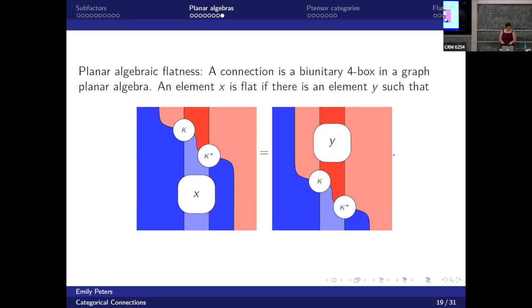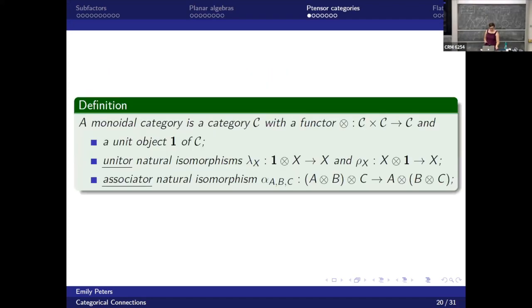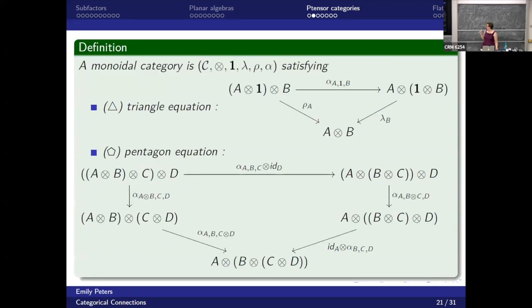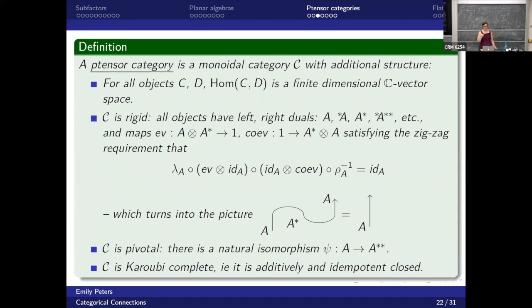Okay, now my next few slides are about tensor categories, but I'm running low on time, and so I'm going to skip these. And I'm sorry, I don't really know what the people in the audience know, but I'm just going to assume that you know these because this is a representation theory conference. So tensor categories with a P. The P is for planar or pivotal, and it's silent. You still pronounce it tensor category, but every time you hear the word tensor category come out of my mouth, this is what I mean.